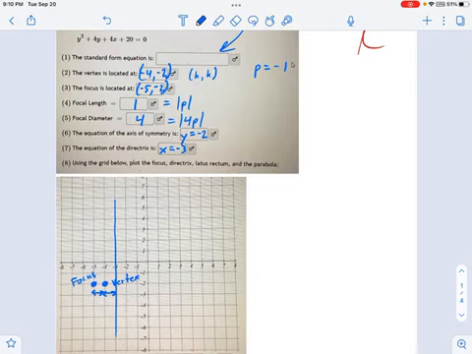So what do we have left here? Just need to draw this thing at this point. We're doing pretty well. I'm going to clean up this graph a little bit. There we go. Now, I need to plot the focus. Done. I don't need to plot the vertex, but I like it being on there. It's helpful. Directrix we've got looking like this.